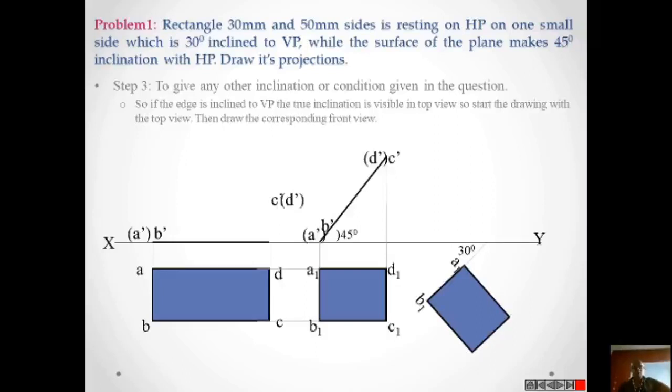Okay, A1 B1 is the line which is making an angle of 30 degrees with VP. Now, what is the length of this A1 B1? It is the same as this length A1 B1, and you drop a perpendicular from here and drop a perpendicular from here and measure this distance, draw an arc here and draw an arc there.